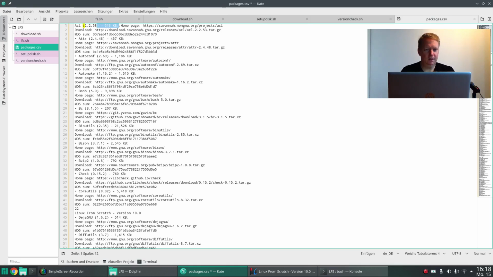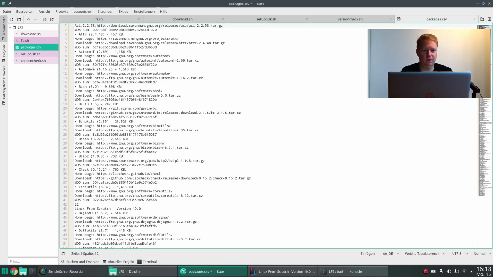And I will now change this list such that the first column is going to be the name of the package, the second column is going to be the version of the package. I don't need the home page. Then the third column is going to be the URL where you can download it. But I want to change this URL such that I replace the version number with an @ sign,